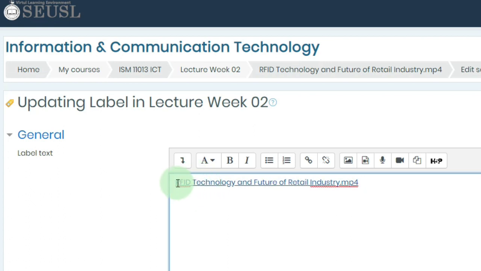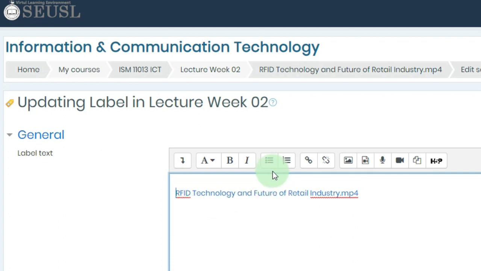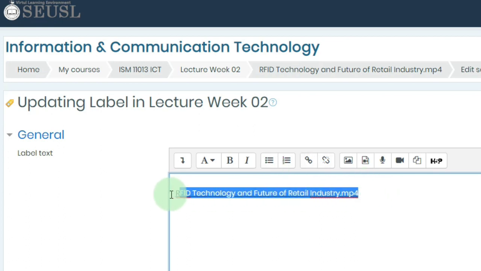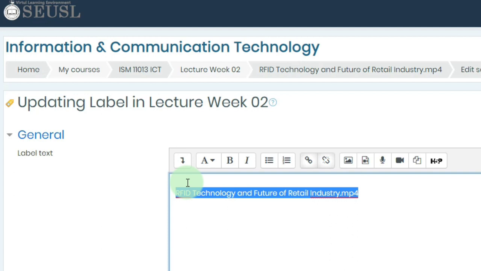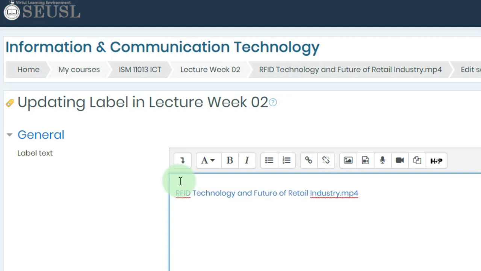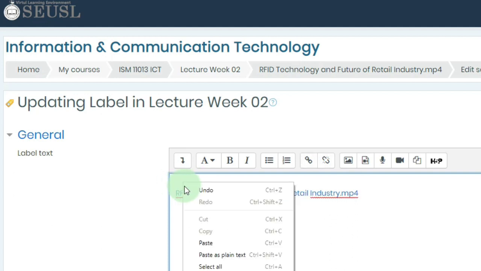What I'm going to do is place my insertion pointer here and press enter. I'm going to go up and select this text completely, the file name. I'm going to right click and copy. I'm going to place my insertion pointer here, then right click, and here we have paste as plain text.